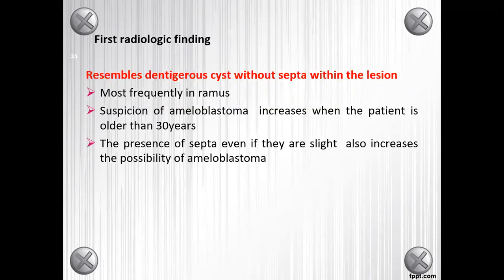First radiological finding resembles a dentigerous cyst without septae within the lesion. So dentigerous cyst, if you can imagine, is a cyst associated with the unerupted tooth. So it is a well-defined radiolucency what you see there without septa, more commonly seen in the ramus area. The only thing that increases suspicion to ameloblastoma is if the patient is about 30 years of age. That is a main suspicion or differentiating factor between dentigerous